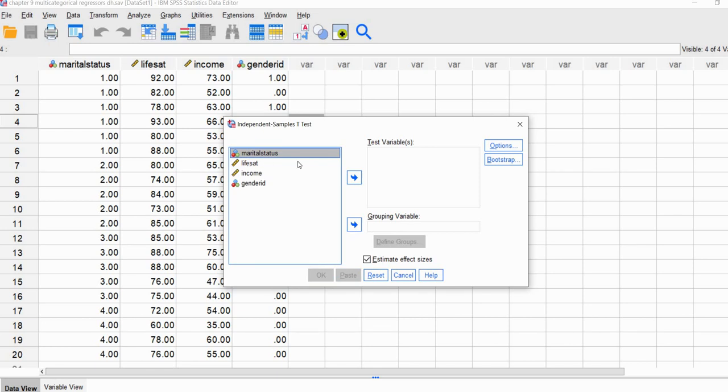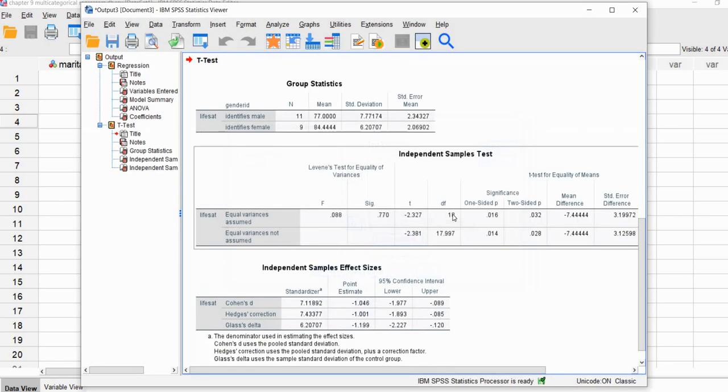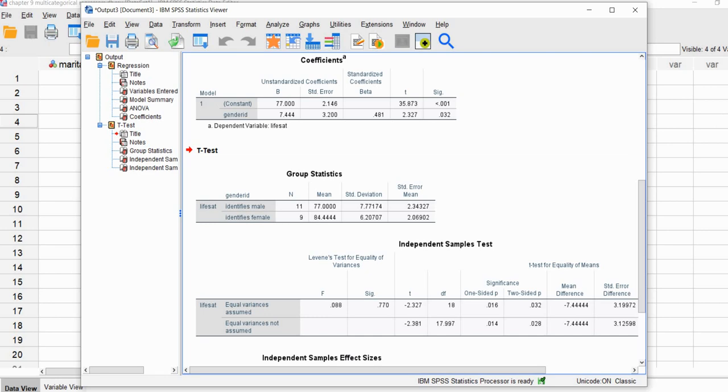Let me reset that. We'll move marital status to the test variables box and gender ID to the grouping variable box. We'll click on Define Groups and use the correct codes that we have in our data set for those two groups and click on OK. And so you'll see, just for comparative purposes, here's our table of regression coefficients, and then here's the results for